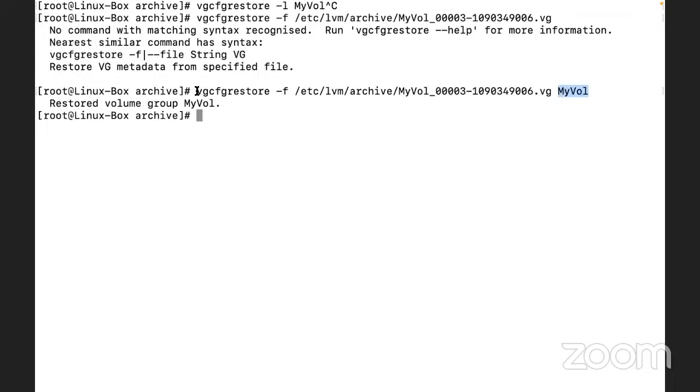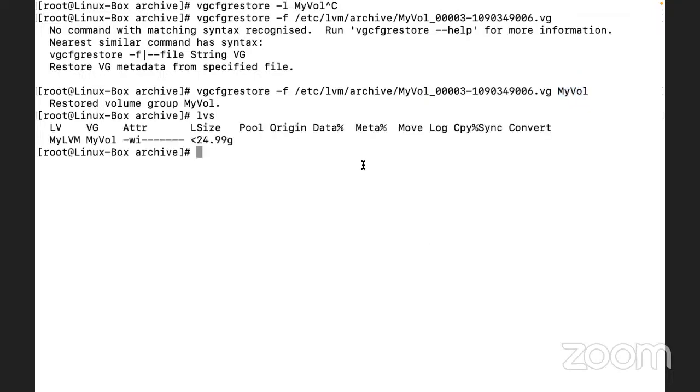So what is the command here? vgcfgrestore -f, where -f stands for file, like what is the particular archive file which we have? This is the file we have, from this particular volume group. Now can we run the command lvs? Yes, that is available. But if you see here,